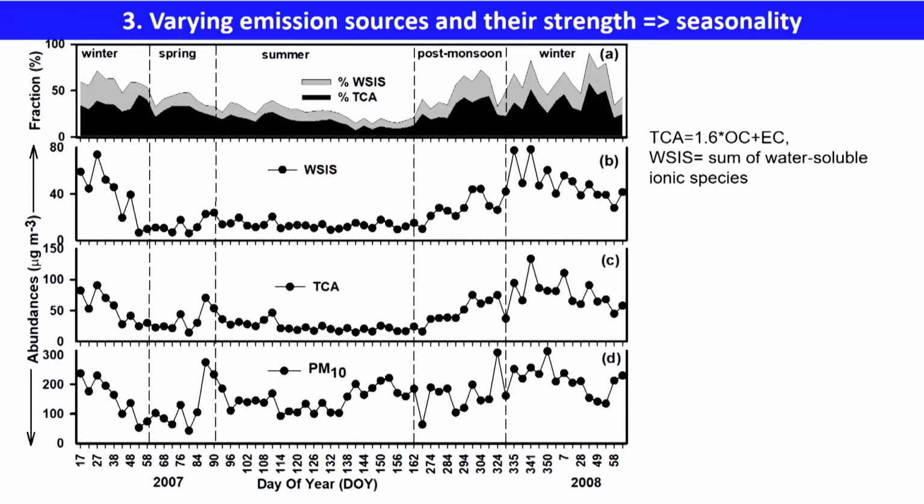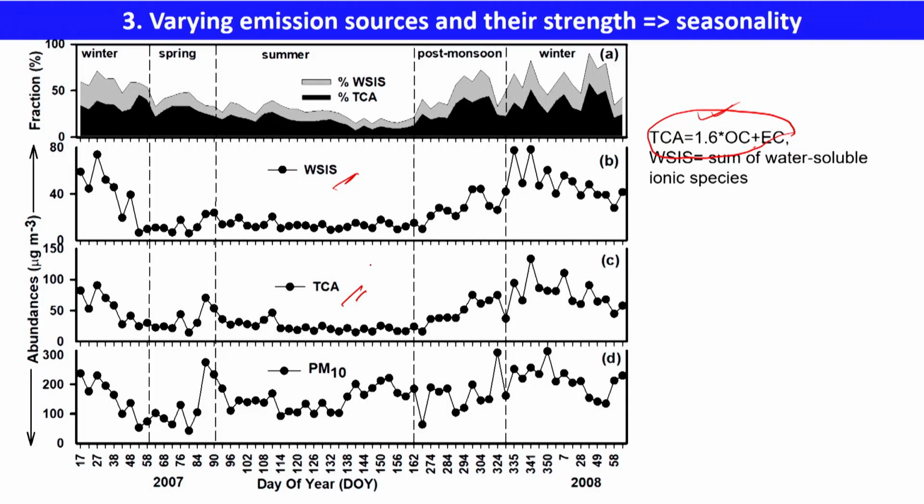And then I talk about the emission. Of course, I told that emissions become very important, in the previous slide. So, you can see here the contribution from different sources. This is water soluble inorganic species, means all the ions that are soluble. This is total carbonaceous aerosols, TCA. Just remember this one, I just gave you the concept of OC and EC. Just remember that this TCA is actually 1.6 times OC plus EC. So, just remember this concept of TCA.